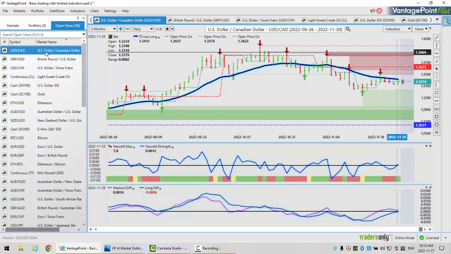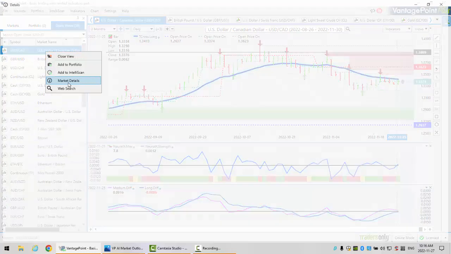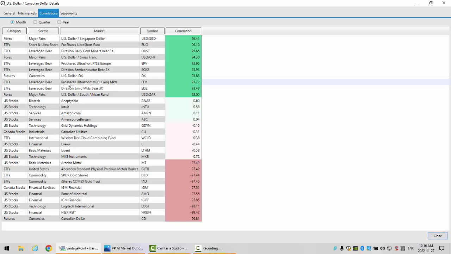Once again, when we look at the US Canadian pair, a lot of people will say, well, I'm a stock trader, I don't trade currencies. And then I have currency traders that say, oh, I'm not trading stocks. I hate to be the bearer of bad news, guys, but you're both trading stocks and you're both trading currencies. And this is one of the ways we would look at this.